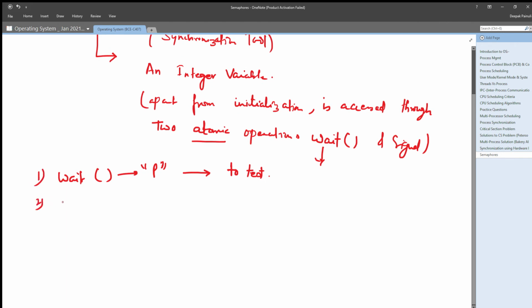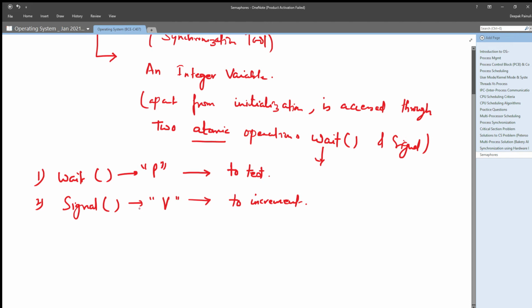Second operation, we have signal operation, which is sometimes addressed with capital V, and it is to increment something in the code, right?